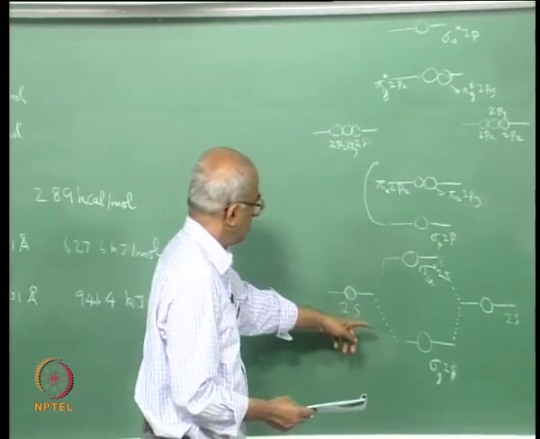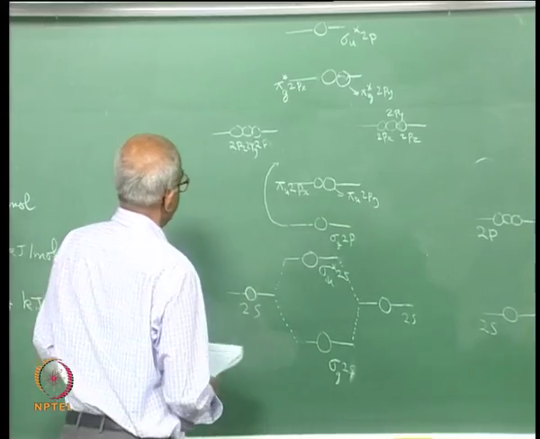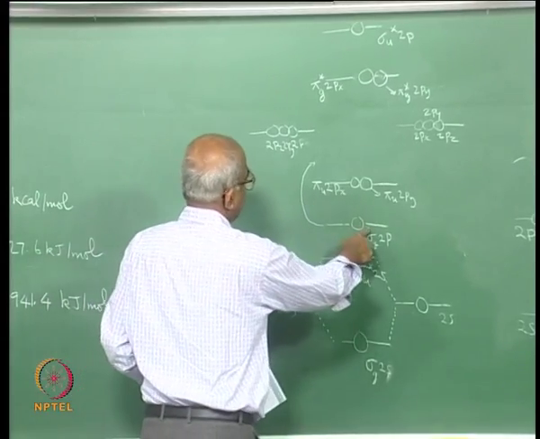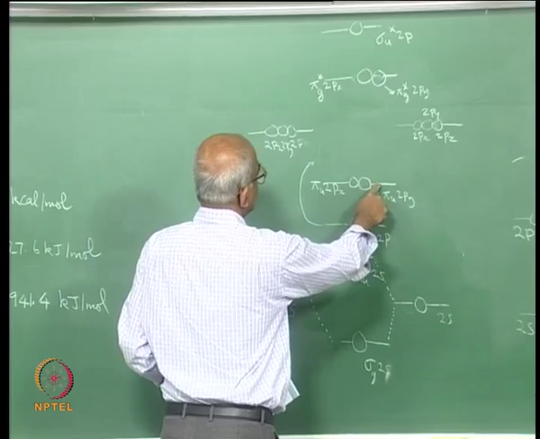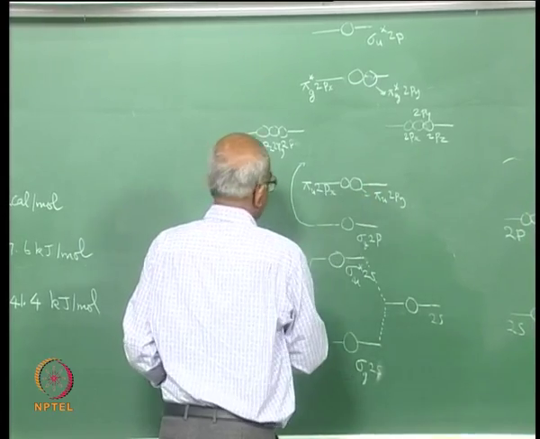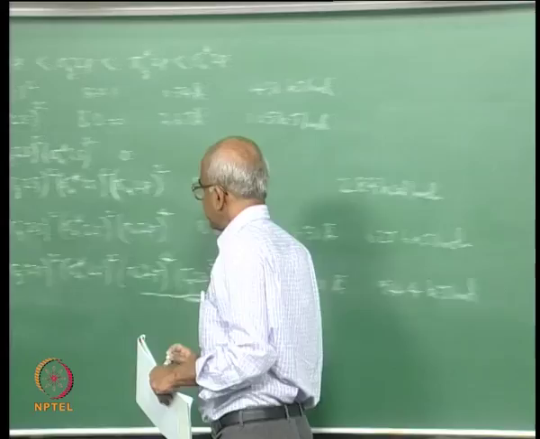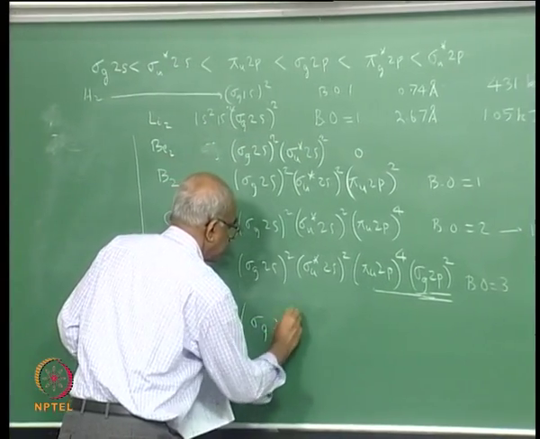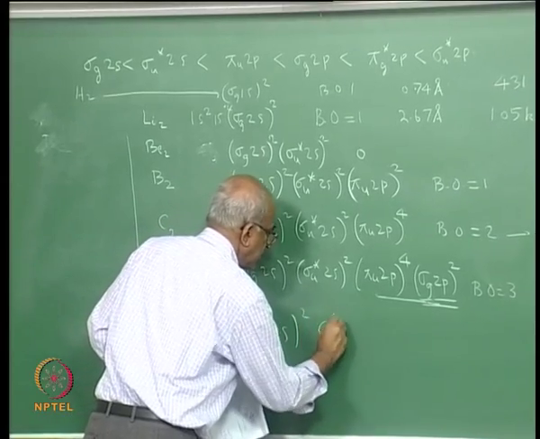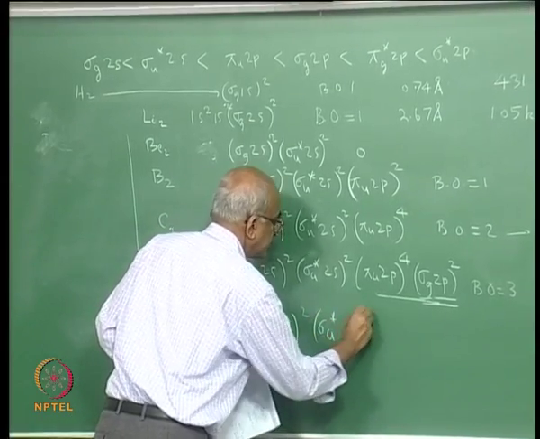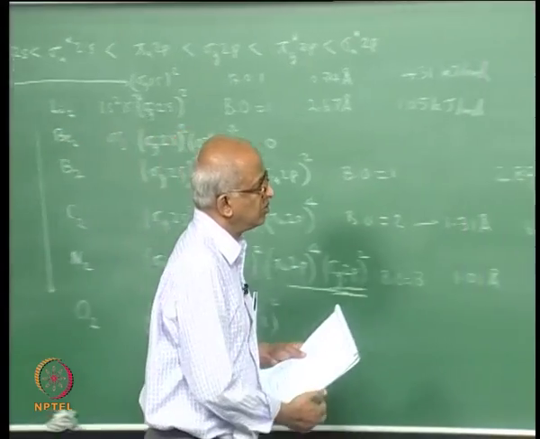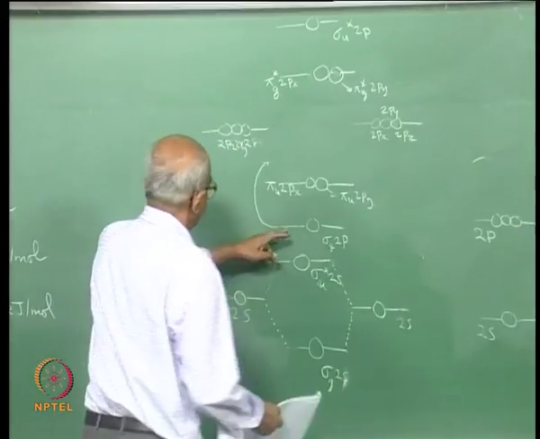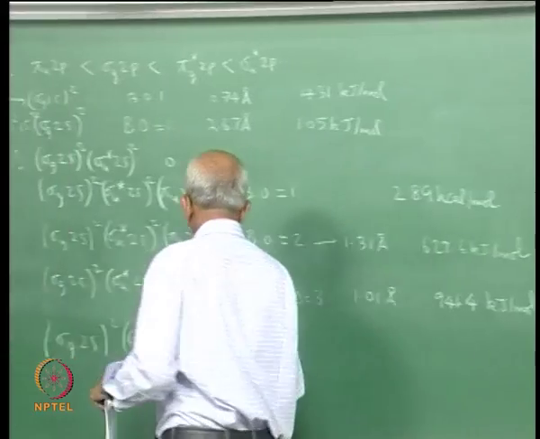Therefore, sigma g 2p has a lower energy in comparison with pi u 2p. So, the electronic configuration of oxygen will be sigma g 2s with 2 electrons, sigma u star 2s with 2 electrons, and the next orbital, sigma g 2p with 2 electrons,